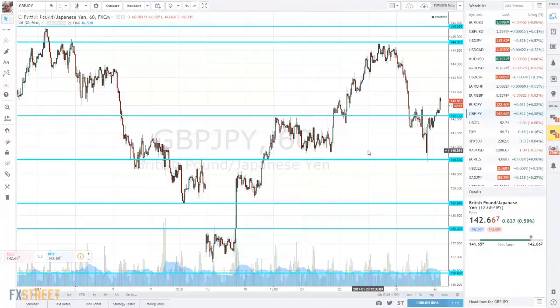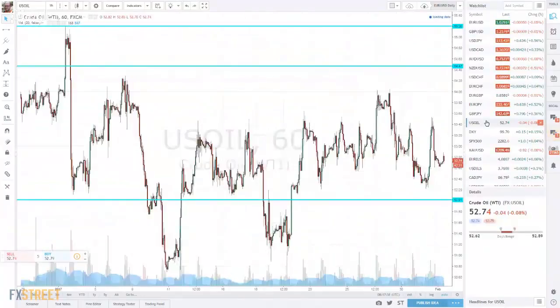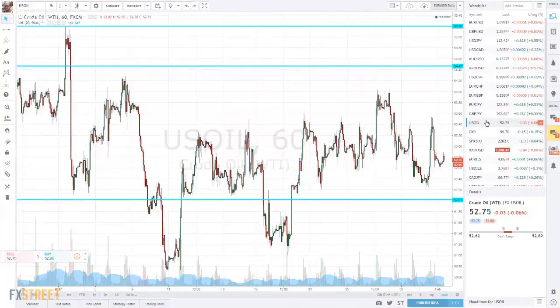Technical lines here are clear to see. Lots of pips here, lots of pips to win, lots of pips to lose as well. Okay, and we'll finish up our crosses by moving outside the world of currency pairs to the number one commodity,